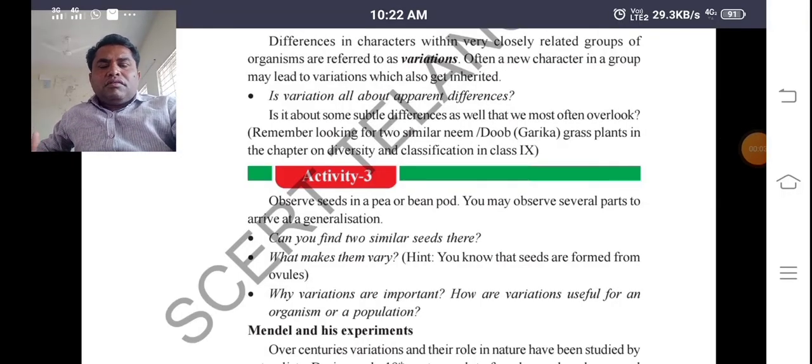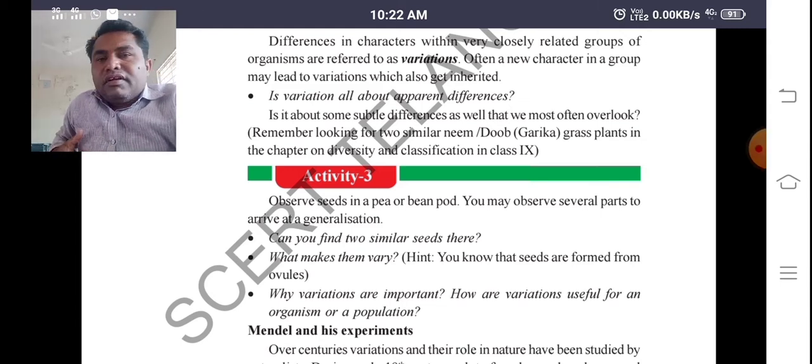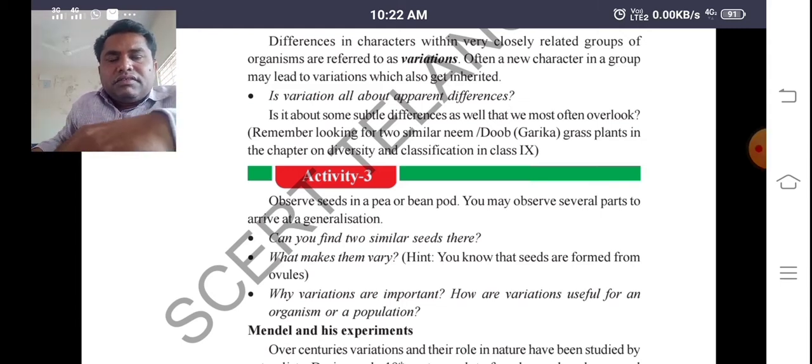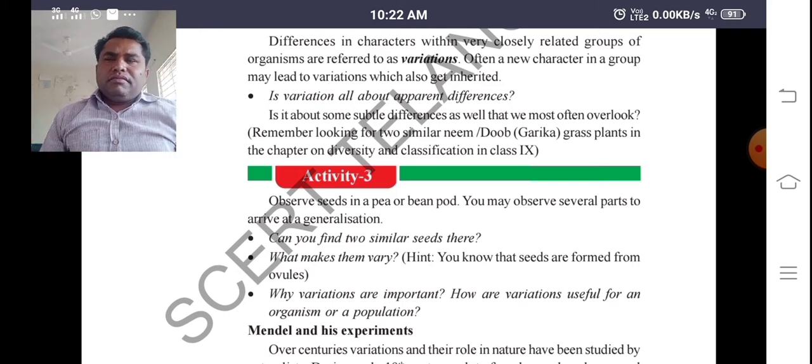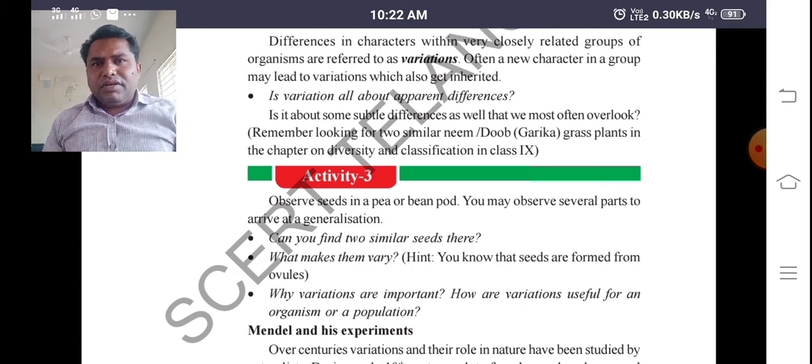So, good morning students. We are discussing heredity, the next continuation in this heredity chapter. I already said that variations are nothing but changes, and these changes are helpful to the organism for their development. So changes are very, very important. Why? Because by these changes only organisms can survive. So variations are very, very important for the survival of organisms. You have to keep this in your mind.